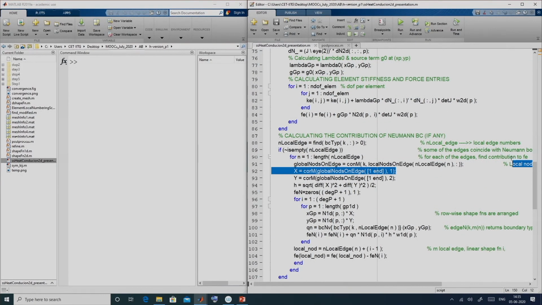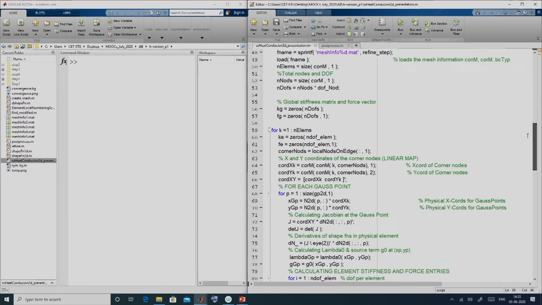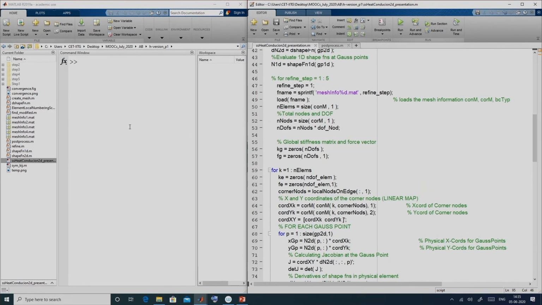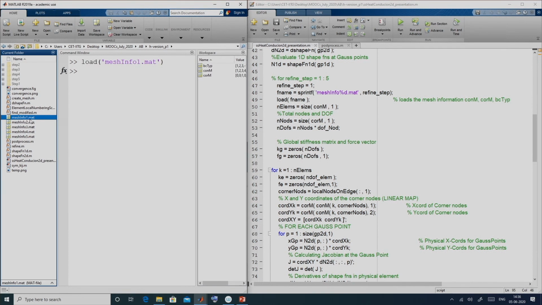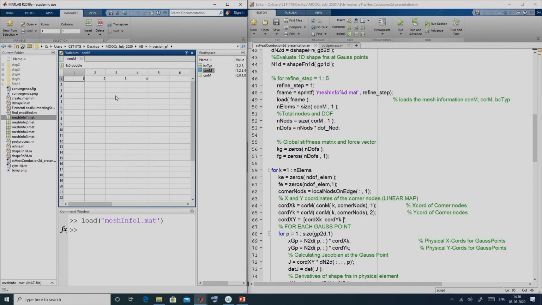Here what we have done is we have run it initially for a mesh which is having only one element, alright. So if you look at mesh info 1, there the connectivity matrix, okay, as you can see here we have only one row, alright.